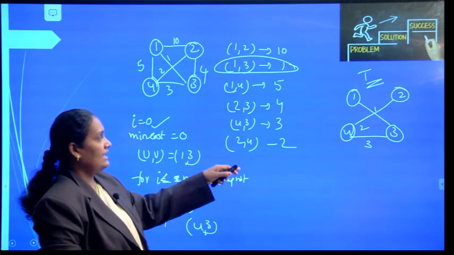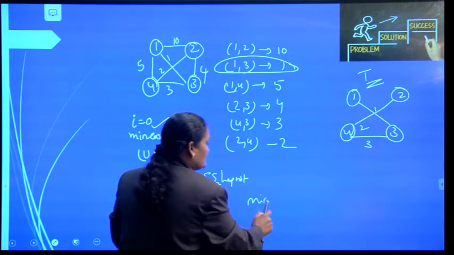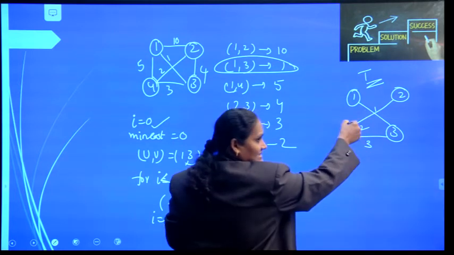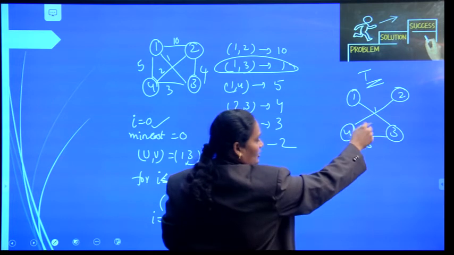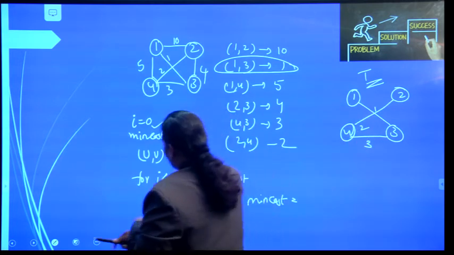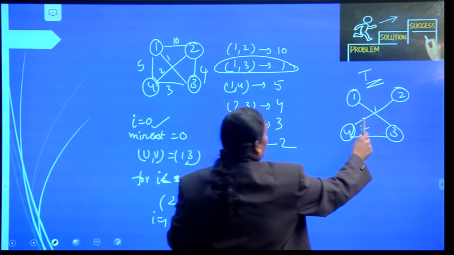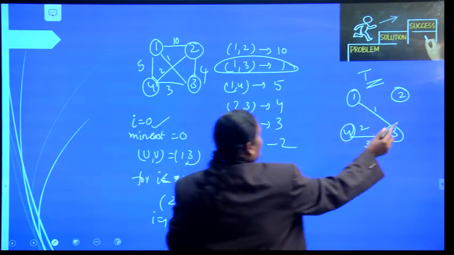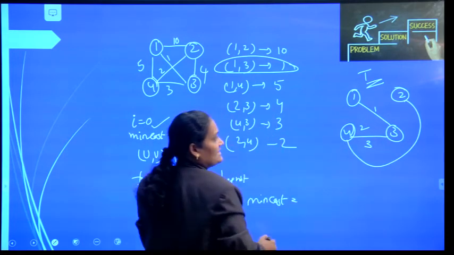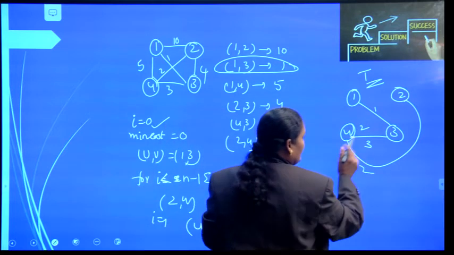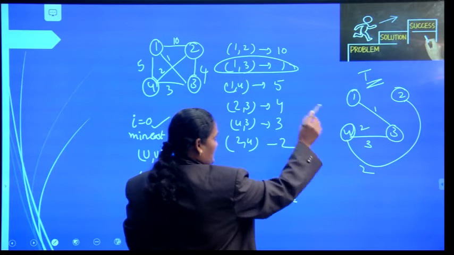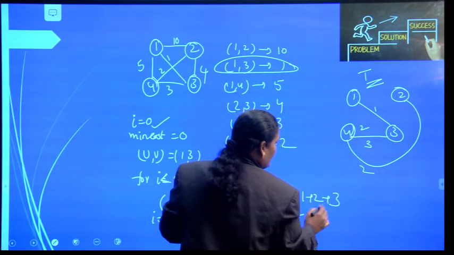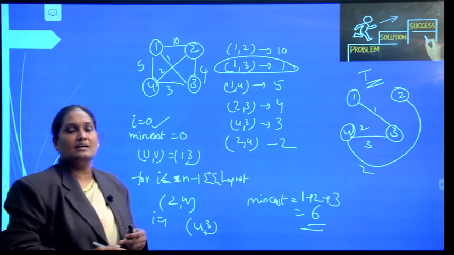So we have the minimum cost spanning tree like this. You can observe that the edges may be crossed, but a cycle is not formed. You can represent this edge like this, so it is not creating any cycles. That is why this becomes the minimum cost spanning tree for the given graph, and its minimum cost is 1 plus 2 plus 3, which is 6. This is Kruskal's algorithm.